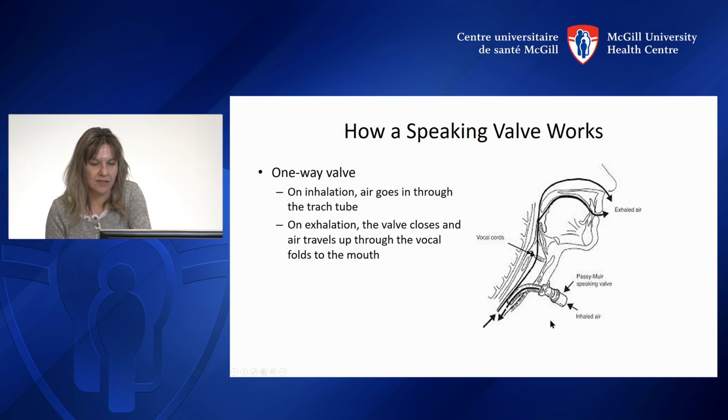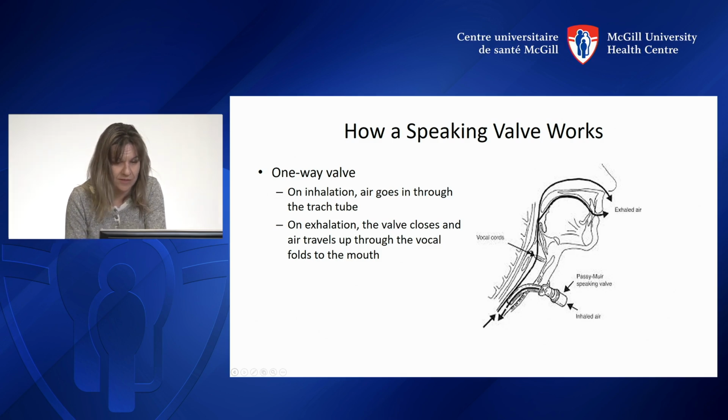If you look at my little schematic here, you take a breath in through the tube over here. Then the valve by itself closes the membrane, and as you exhale, the air can no longer go through here because of pressures, and is forced around the tube through the vocal cords all the way to the articulators, through the nose and through the mouth, to be exhaled and shaped into some intelligible or semi-intelligible